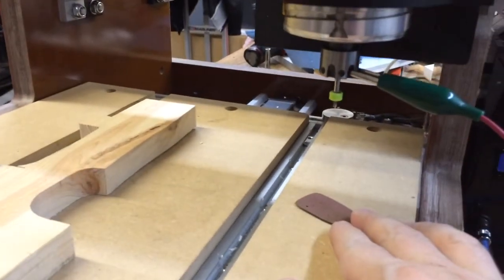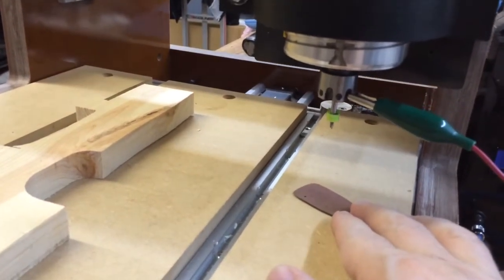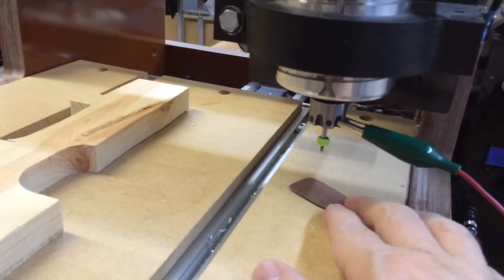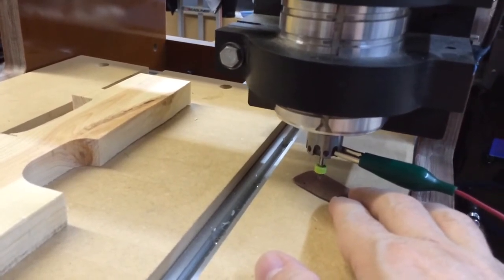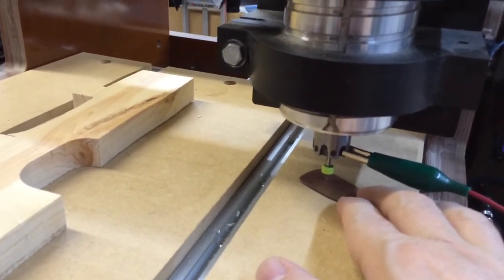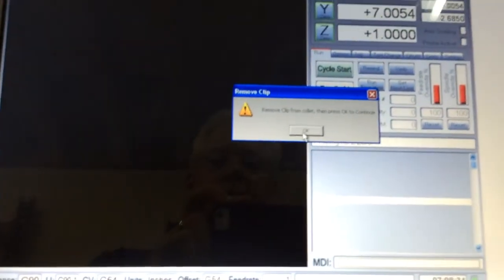Now normally I probably would have jogged the Z-axis down a little closer before I started this, but no big deal, we can wait on it. In the other macros, this movement's a little faster to about this point because it knows about where it's going to go, but in the case of this probe it doesn't, so it's slow all the way down. Retracts and then reprobes slowly. Retracts, and I get a prompt to remove the clip and press OK to continue. We do that, take the clip off, press OK to continue,